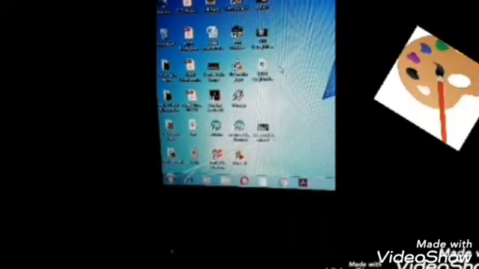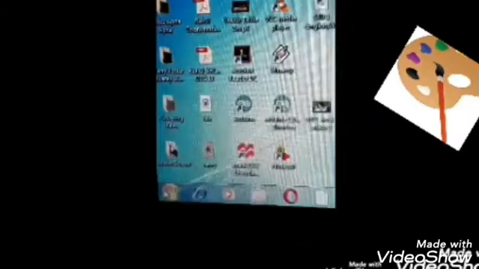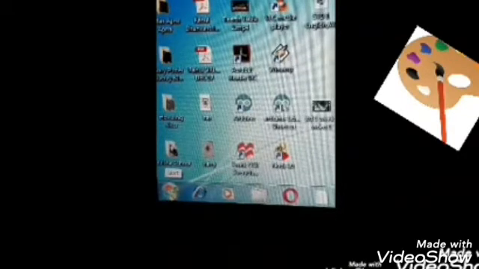Now I will show you how to start MS Paint, or how to open MS Paint. Children, you can see here the start button. You have to bring your cursor to this start button and you have to click it. Once you click, you will see the list popping up there. Okay? Here you can see Paint is written. You can click on this and open Paint.